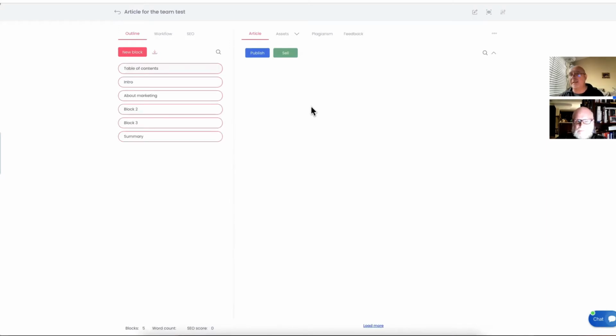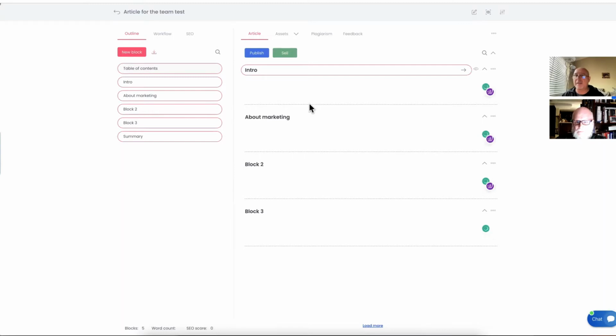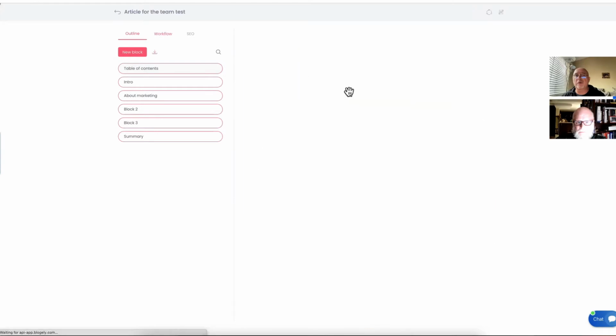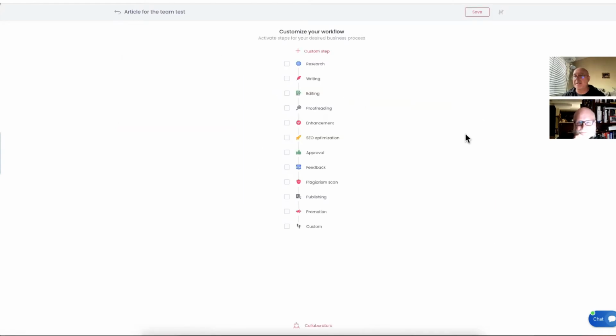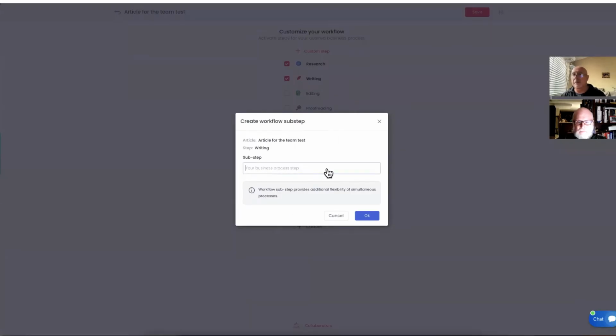So I don't write anything, but I want my team member to start doing some work. So I need to give them an assignment. So let's do this. I'm going into the workflow, and this is the place where I decide what my workflow and sequence of events should be, what kind of steps should be taken to complete this mini project as an article. So do I need the research? Yes, I probably need the research. And then, of course, I need to do the writing, or somebody else will do the writing. The writing part is there, and maybe not just one. I would say writing will consist of 2 steps.